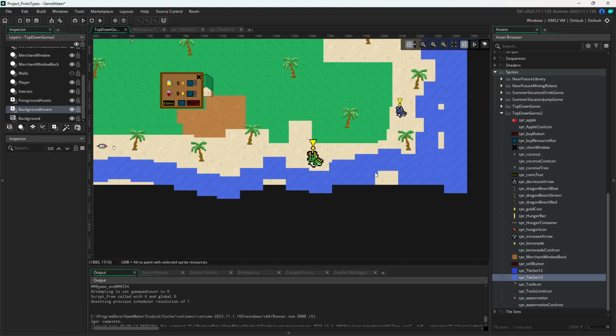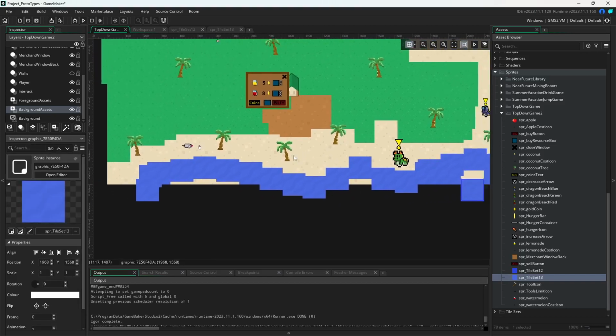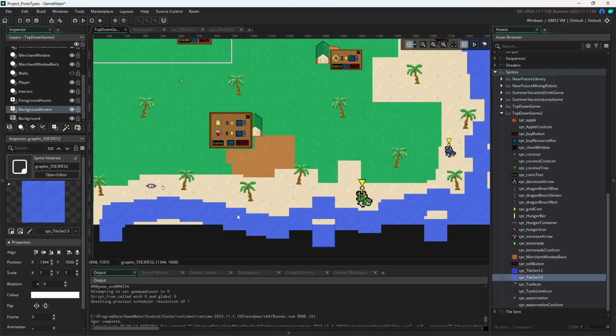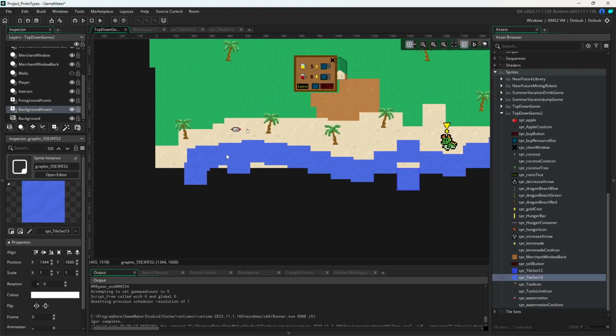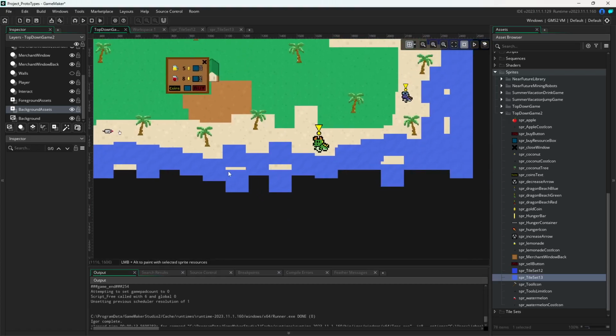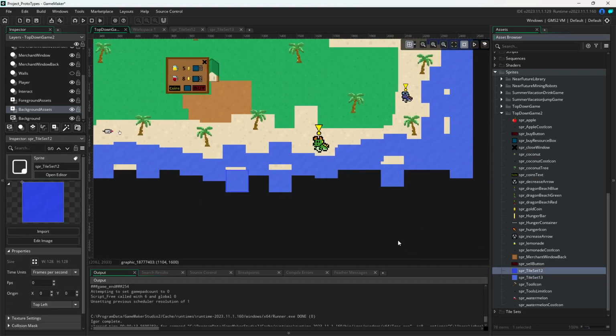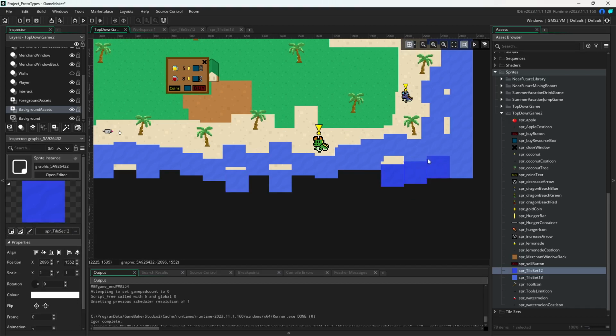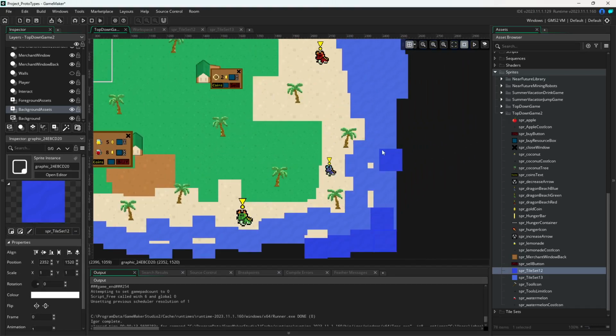Let's delete this. Let's do like this. Let's do like that. Let's do like that. Let's go here, delete this. So look at that. All right, so now the deep blue. We're just gonna give some texture basically to the water. Is it texture or